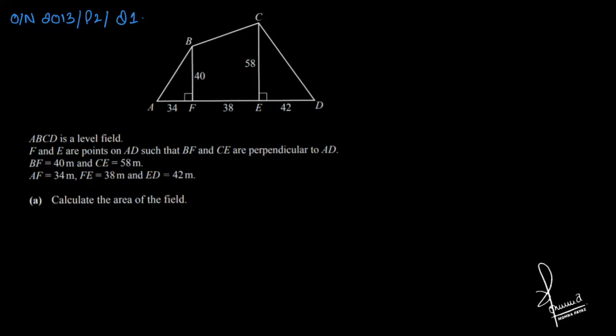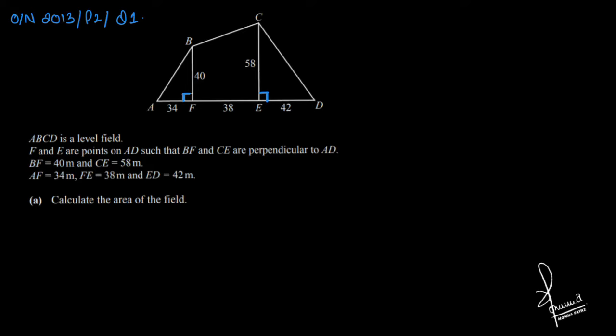Let's quickly do this past paper question. So you have A, B, C, D, and it is a level field. F and E are points on AD such that BF and CE are perpendicular to AD. They've already drawn BF. CE is perpendicular to AD and BF is also perpendicular to AD. They've given you the lengths of BF, CE, AF, FE and ED, and they're asking you to calculate the area